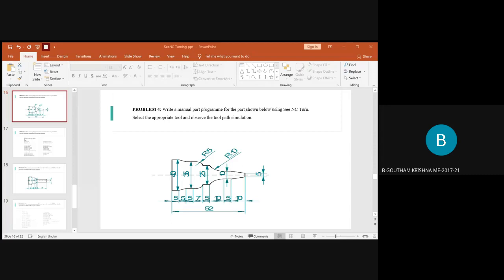Be quick, complete it. Some people may not have uploaded the last assignment. If that is the case, you will lose the marks. See that you submit the programs regularly on the same day as we are doing them. It will reduce your workload also, and we can do it systematically. I'm just creating a folder right away for the assignment.